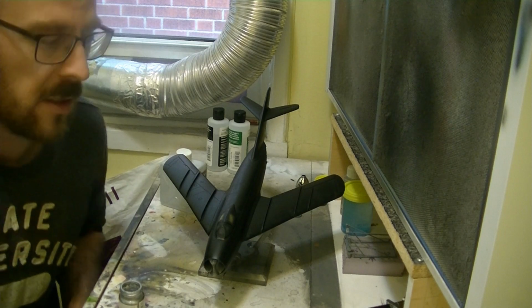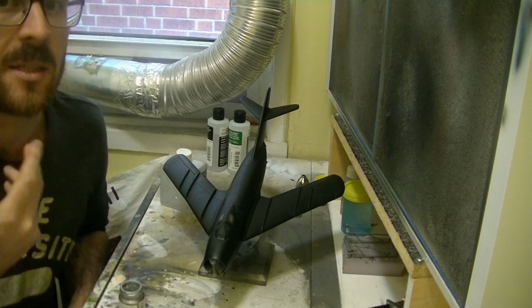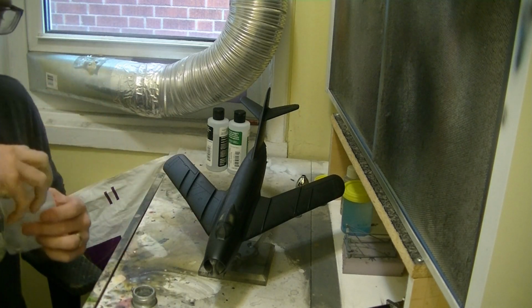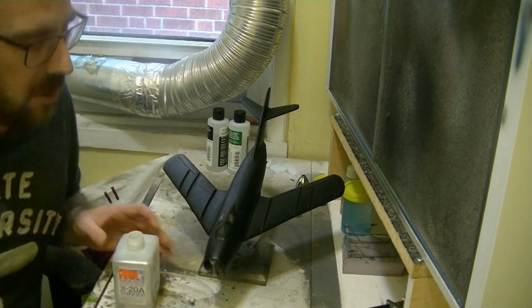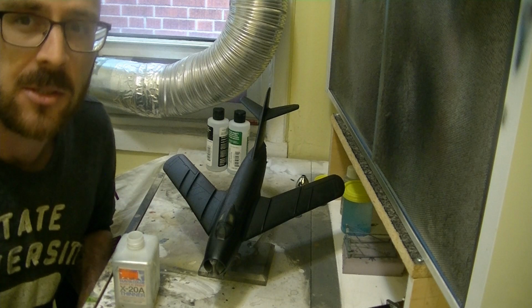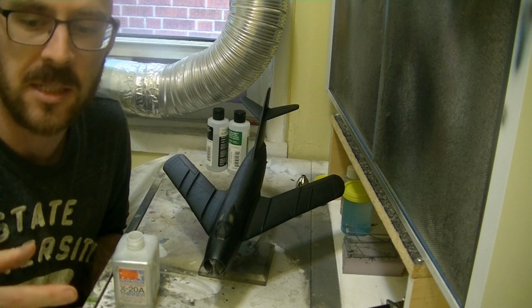Again, it's just going to be a matter of you trying it out, testing it on spare bodies and spare fuselages, paint mules as it were. A lot of people say, there's this big argument of whether you mix in the airbrush or whether you mix outside of the airbrush, depending on what it is. For my 2K primers and 2K clears, the urethanes, I definitely like to mix them outside in a spare container,